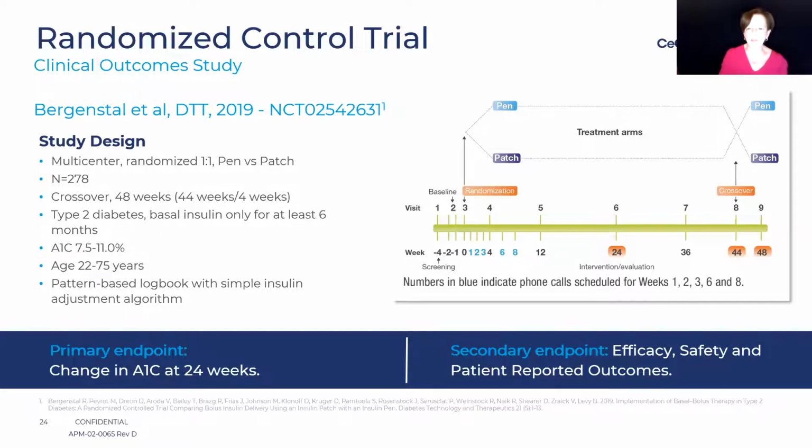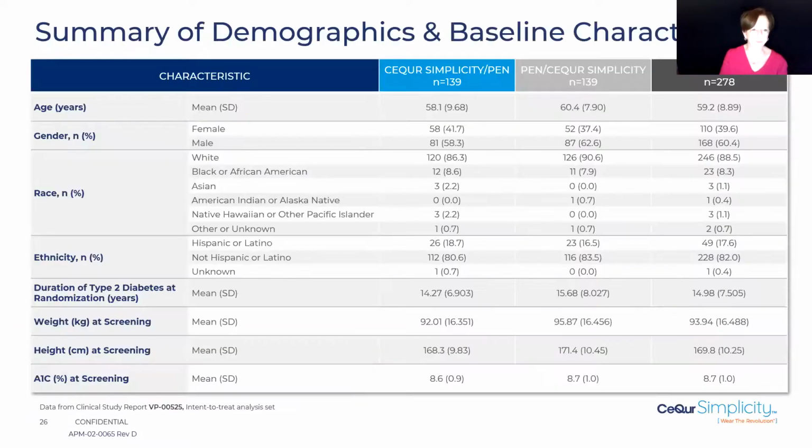And you can see that some in blue were phone calls. The rest we actually did face-to-face visits with both of the treatment groups. And this shows you the characteristics. I'll never understand how when we randomize patients, how they look the same in both treatment groups, but they essentially do. About 58% female and